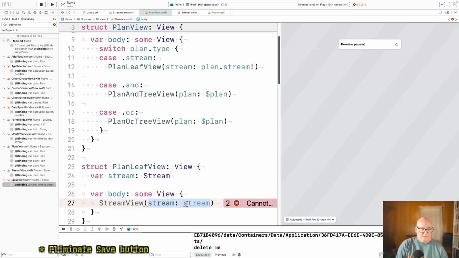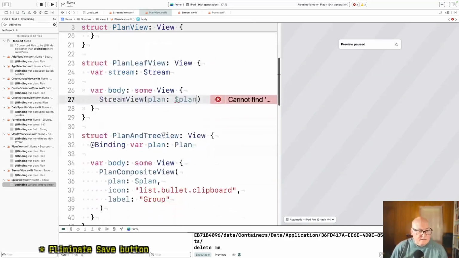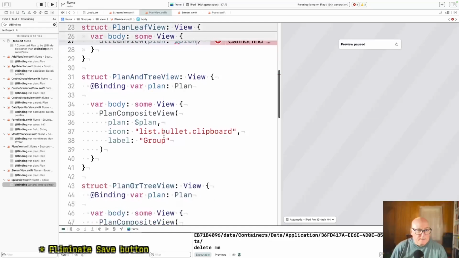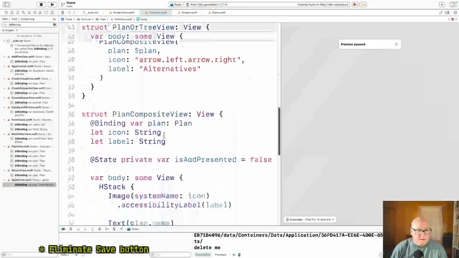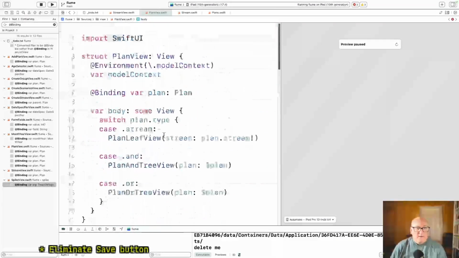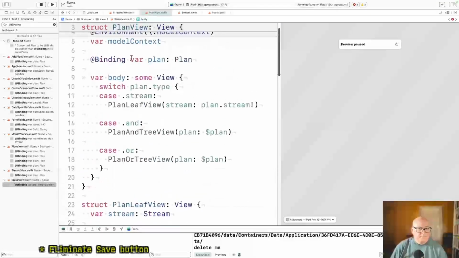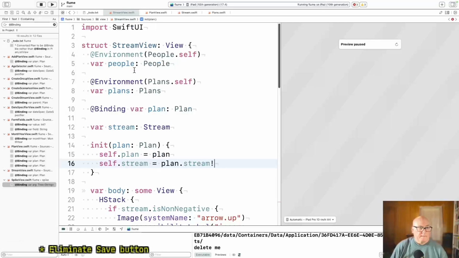Now it's plan of dollar plan. It's the binding, right? Binding plan. This has got to be binding. Well, I'll let it tell me, I guess.